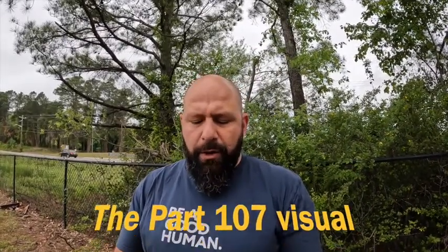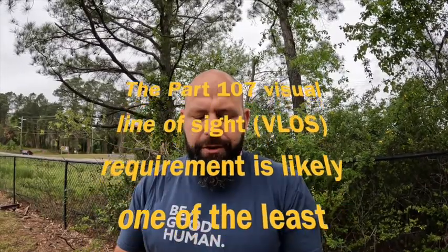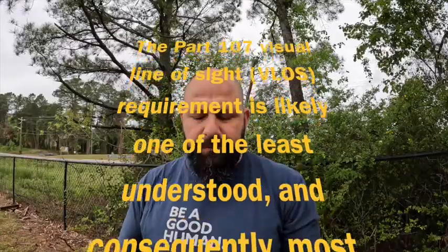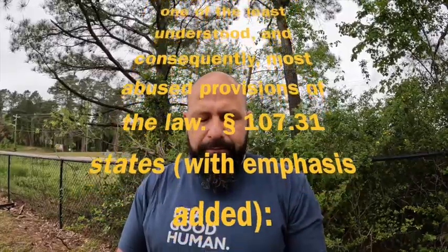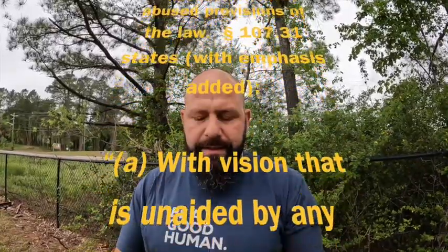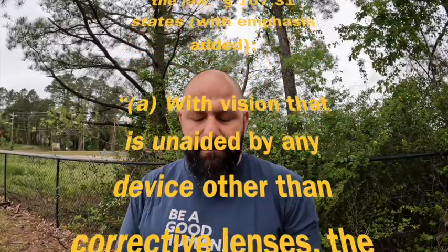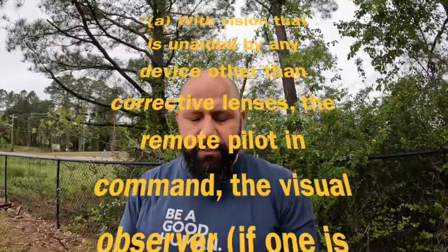So their response, verbatim: The Part 107 visual line of sight requirement is likely one of the least understood and consequently the most abused provision of law. 107.31 states, with emphasis added, subbullet A: with vision that is unaided by any device other than corrective lenses, the remote pilot in command, the visual observer, if one is used, and the person manipulating the flight control of the